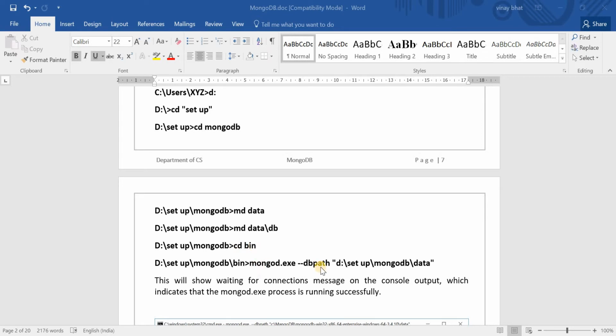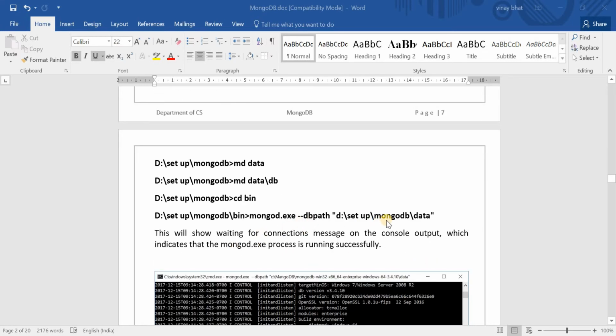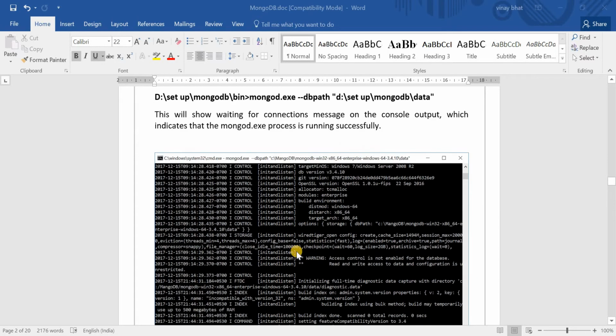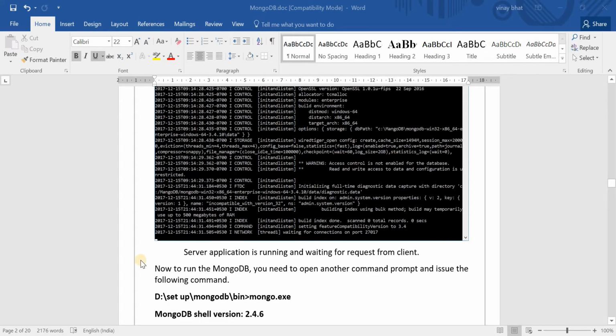and then you can go to the bin folder and try invoking the server process by this command: MongoD.exe followed by dbpath and the path of the database where the data is going to be stored. So by executing this command, the server gets initiated and it runs in a background mode as shown in the snapshot. So this server will be waiting for the connection message on the console output, which indicates that the MongoD.exe process is running successfully. So here you can observe the server application is running and waiting for the request from the